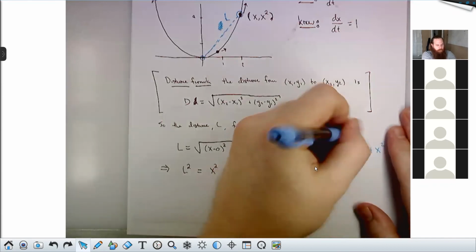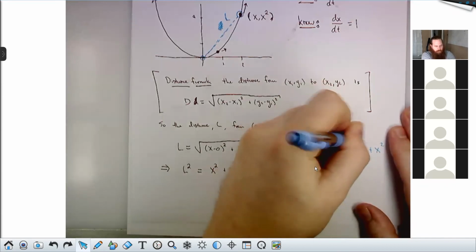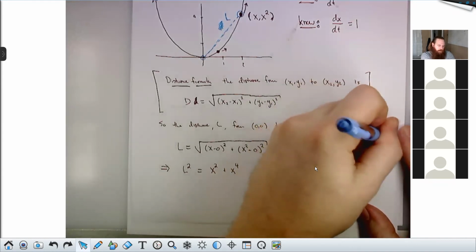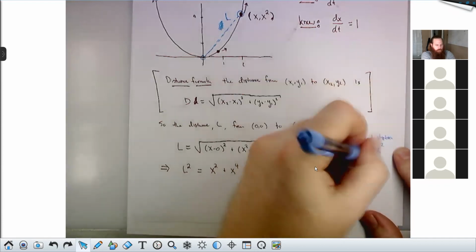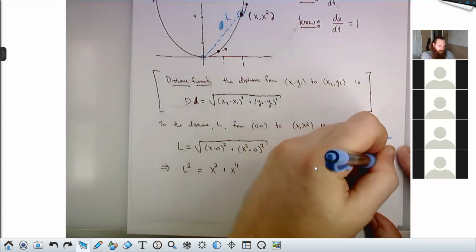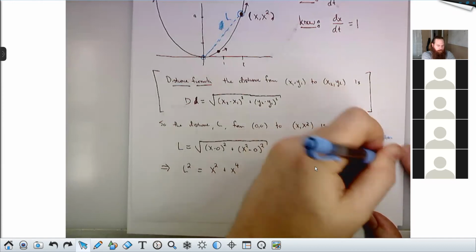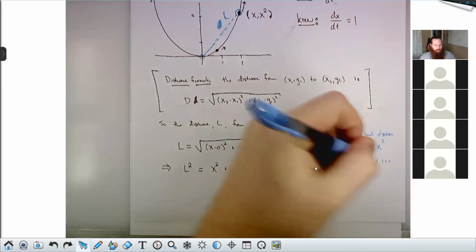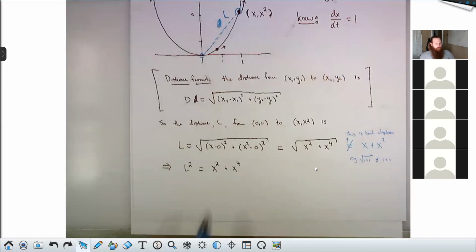Just a quick note, this is bad algebra. For example, the square root of 1 plus 1 is not equal to 1 plus 1. So instead, we'll square both sides and rewrite it like this. Now this I can differentiate implicitly with respect to time,